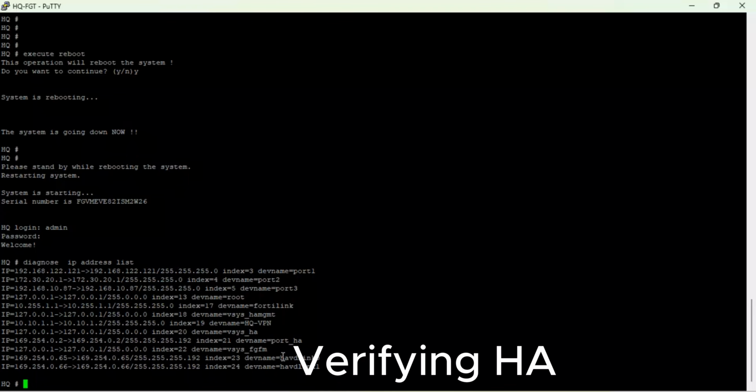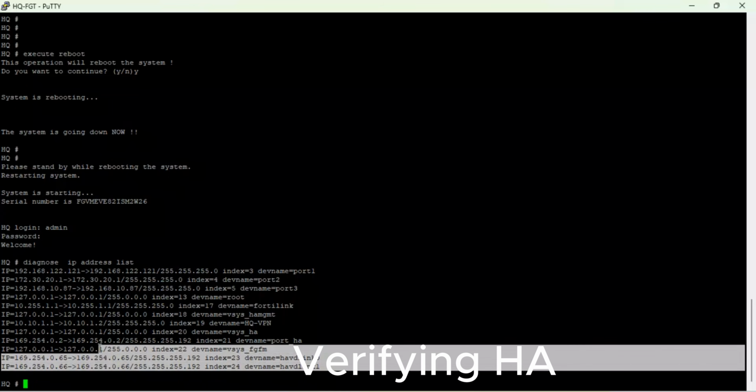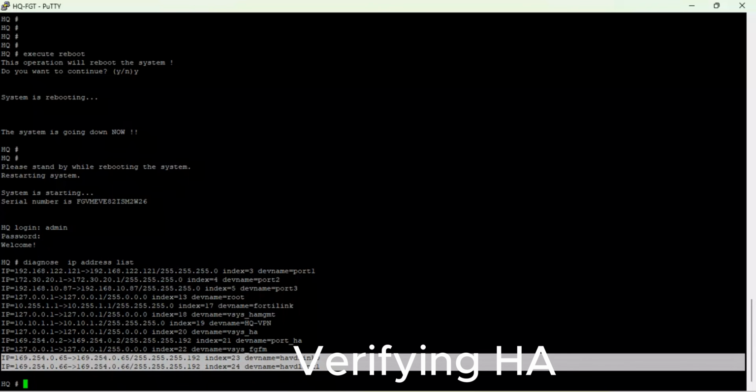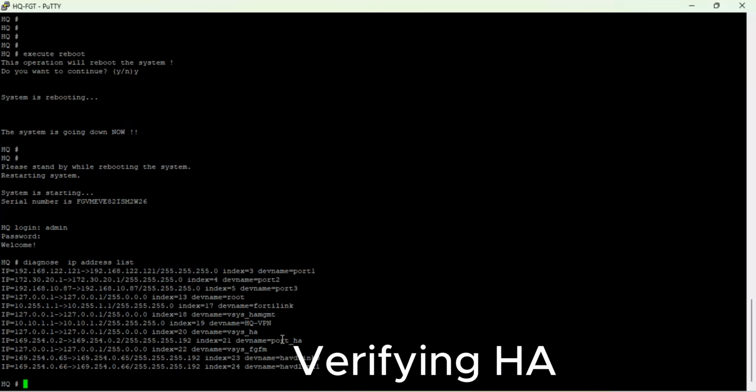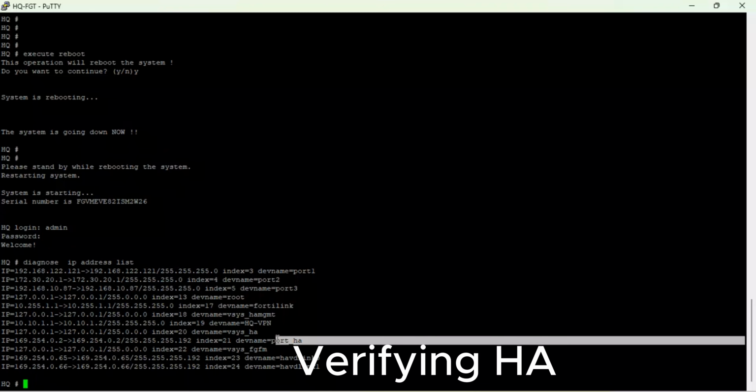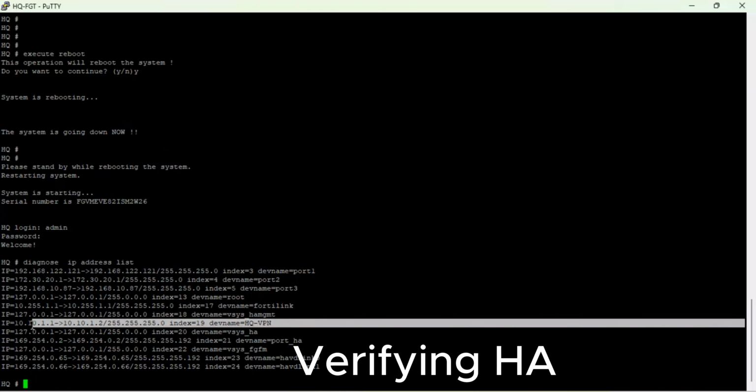So you see HAV, high availability. You see high availability, these two interfaces. Then you see something here, port underscore HA. HA means high availability. You see this particular tunnel here, this is the IP for the VPN, HQ VPN. Let me just zoom so that you can see this particular